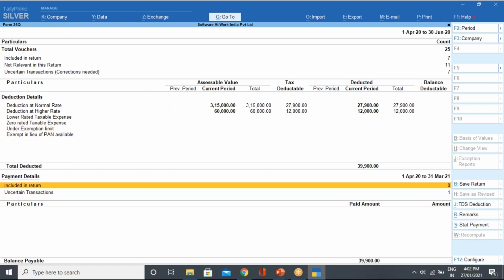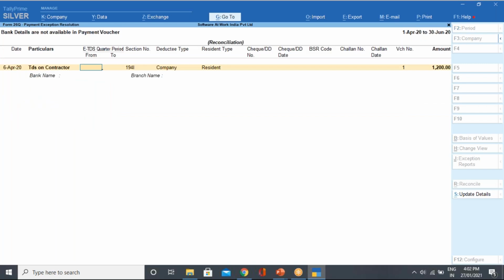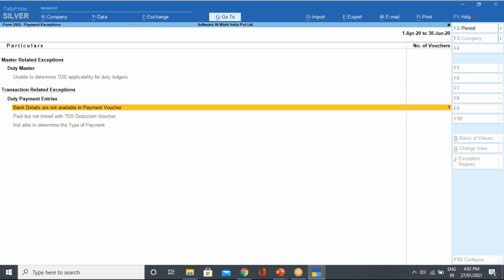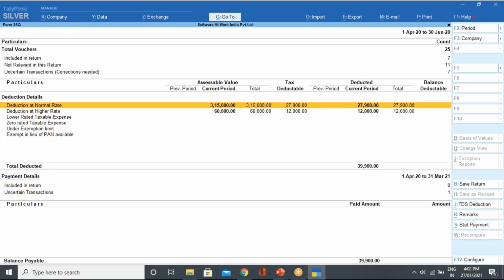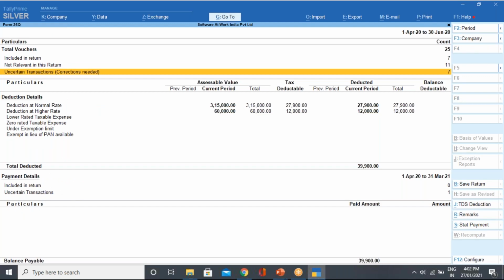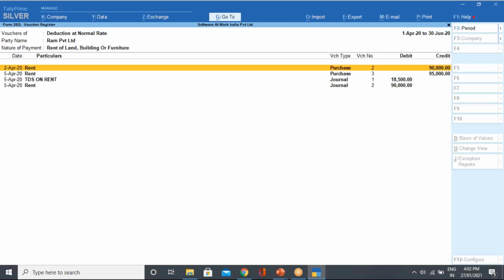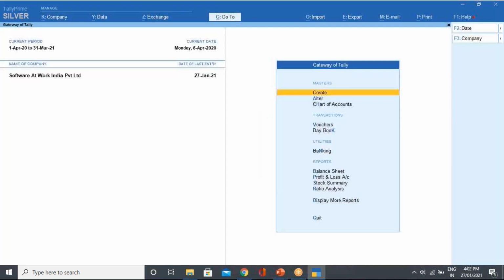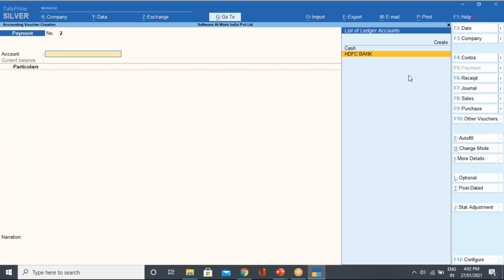Sorry, one more time I will do the entry for the payment, because it is not getting caught in Tally. So again, I will go to the voucher, payment. I will select the bank.